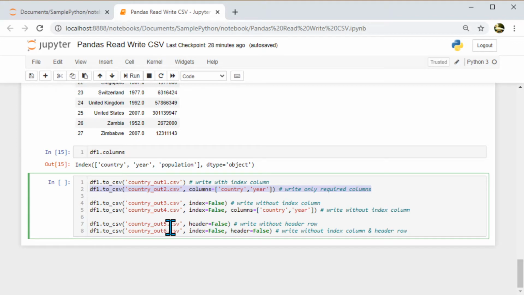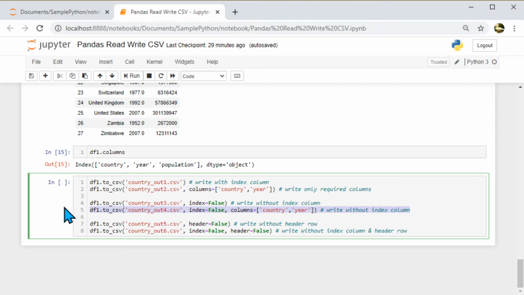And there are times you don't want to include the index. Okay, in that case you will say write without index, and I will say index is false. Okay, and here I am saying without index only the columns I need. So these are the ways we can customize and output the result we want.